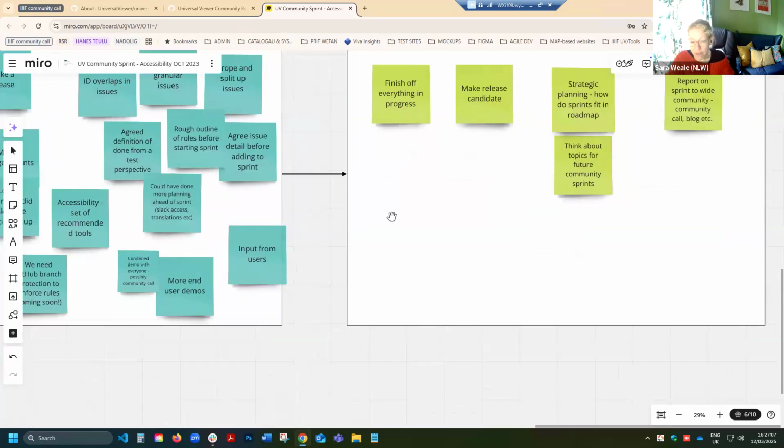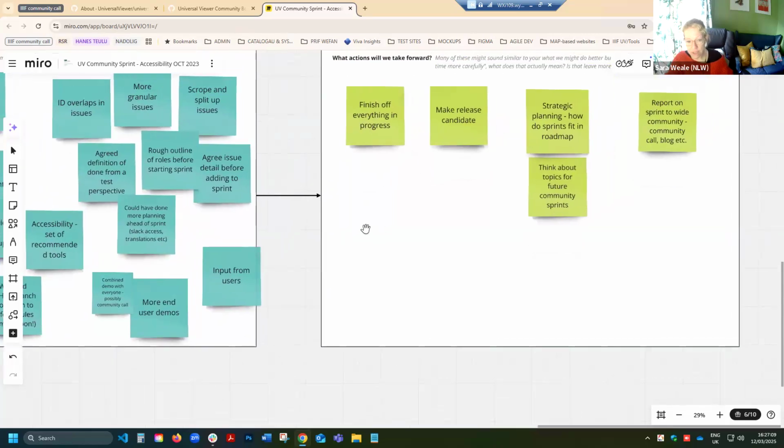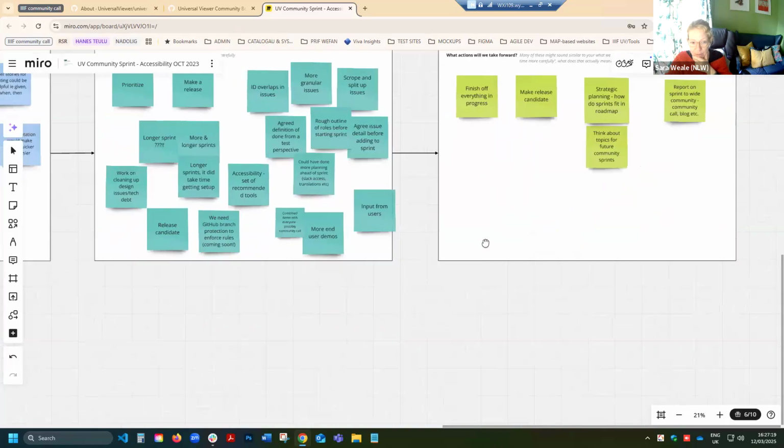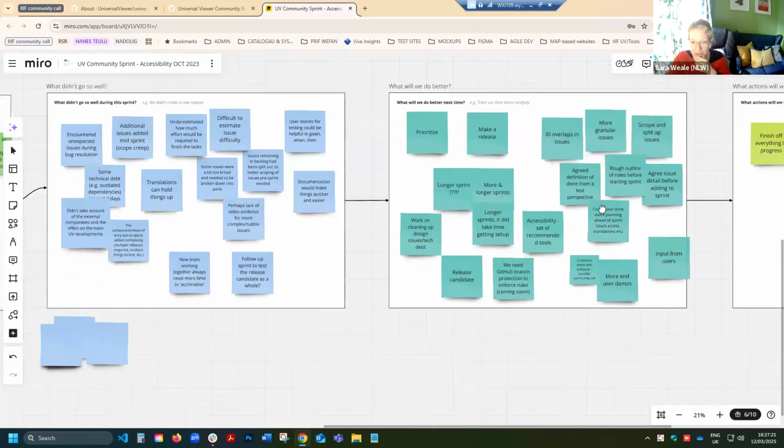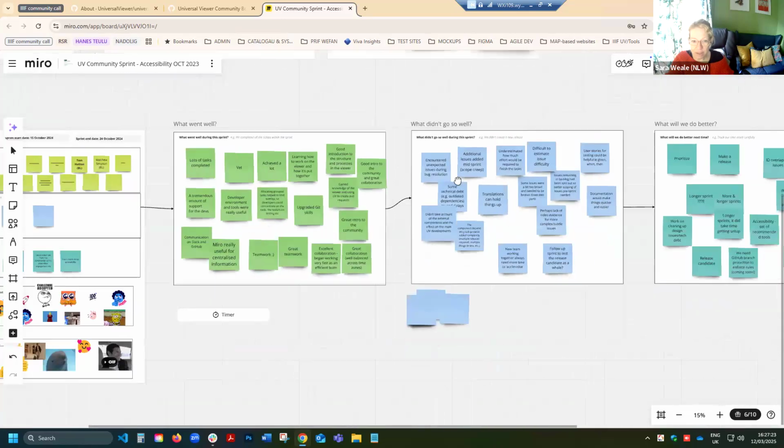So even though technically we failed the sprint because we didn't finish everything, you can never fail a sprint. It was lessons learned. And for our first ever sprint, I think it went fantastically well. The commitment that everybody showed was great. And yeah, I'd just like to thank everybody